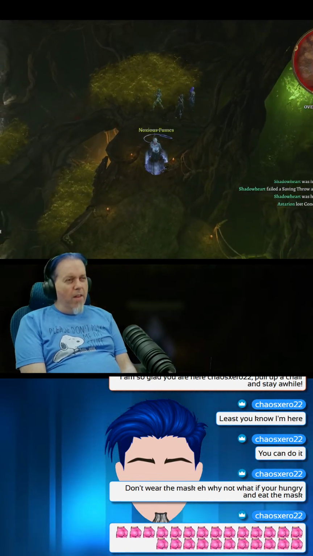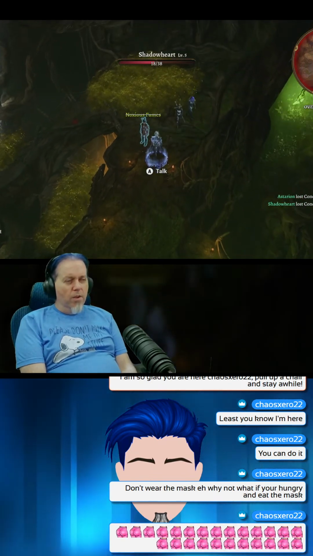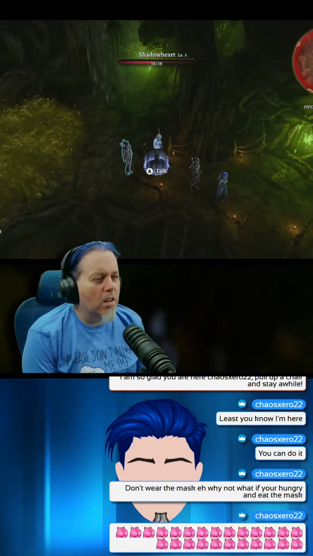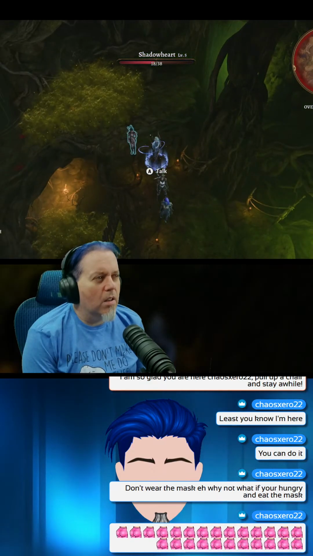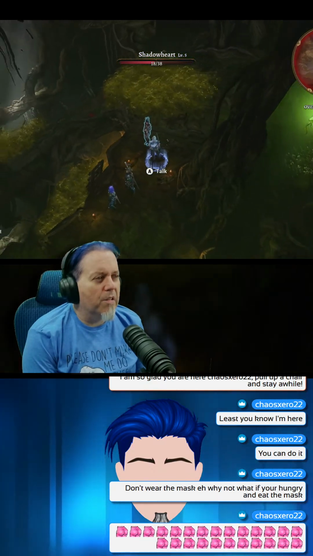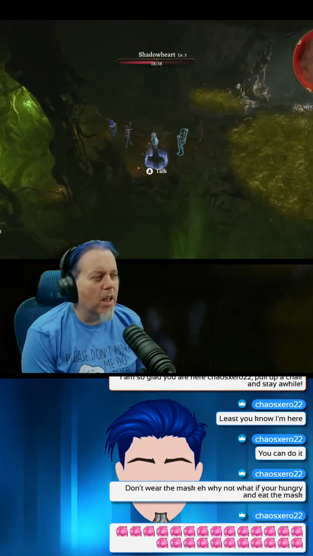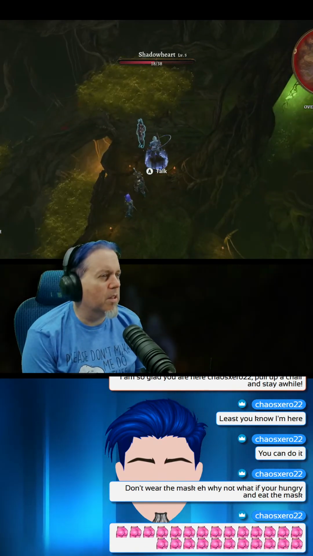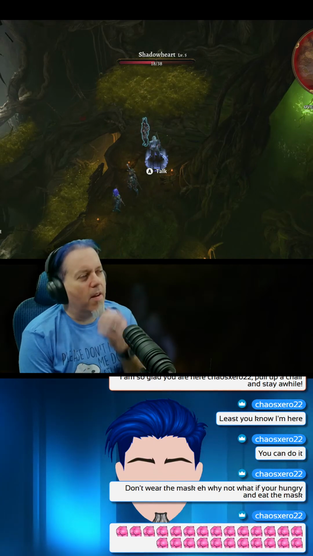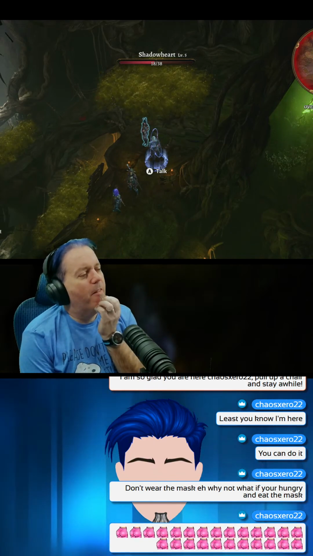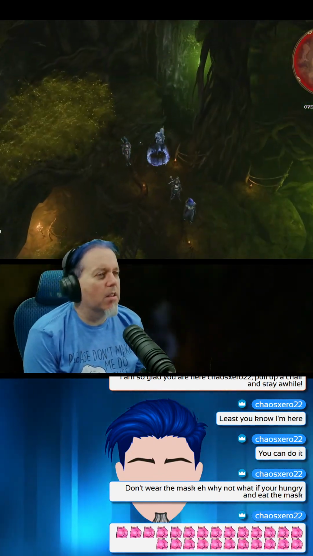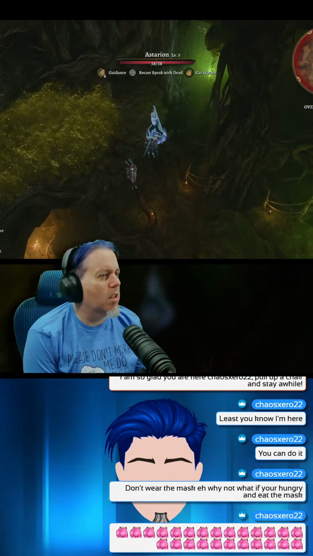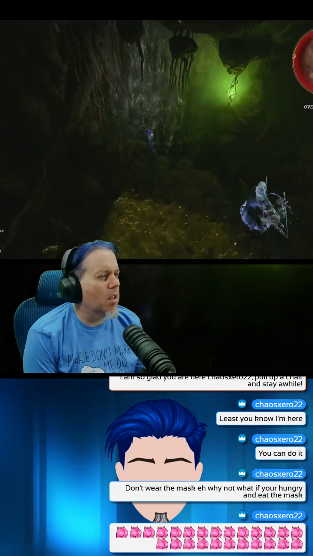All right, move out of the noxious fumes. I didn't realize that dancing flames only last so long. That's not cool. Well, shit. How do you get around this?